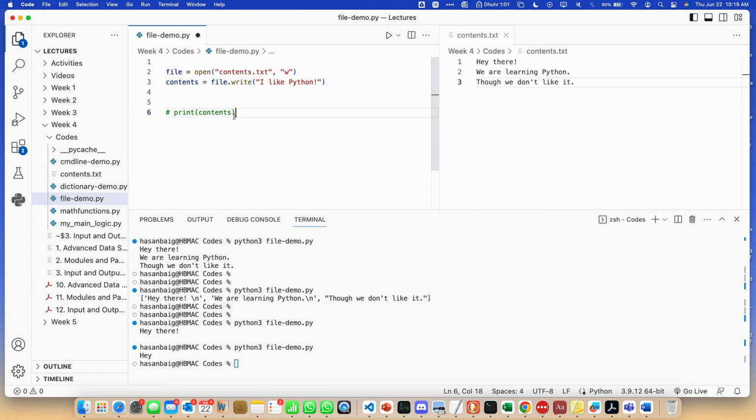I do not actually need to, it will not be returning anything. So I open this file in the write mode, and then I write "I like Python." So what do you think, where would this sentence go in this file, contents.txt? Fourth line? Any other thought? It should go into the fourth line,